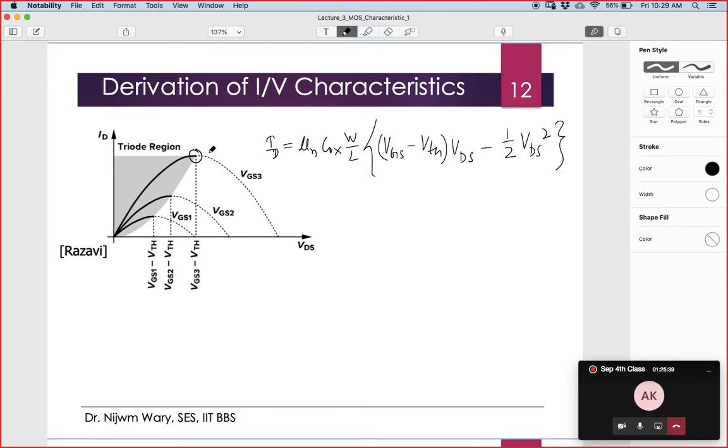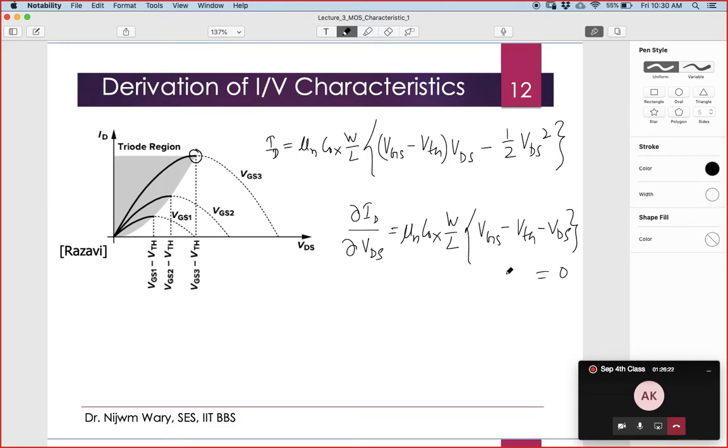To find out, we can just differentiate this ID with VDS. If I do this partial differentiation of ID with respect to VDS and make this 0, it's a simple differentiation. What I will get here is B1 COX W by L. If I differentiate this, this will become 1. So it will be something like VGS minus VTH minus VDS, right? Now if I make this 0,